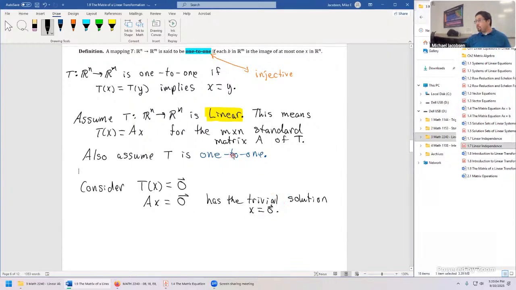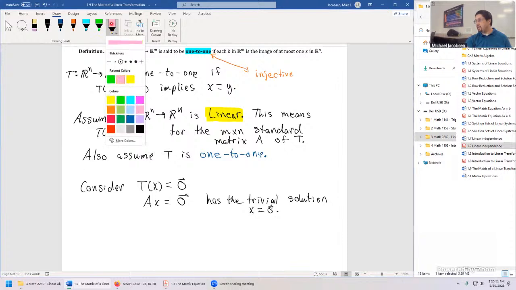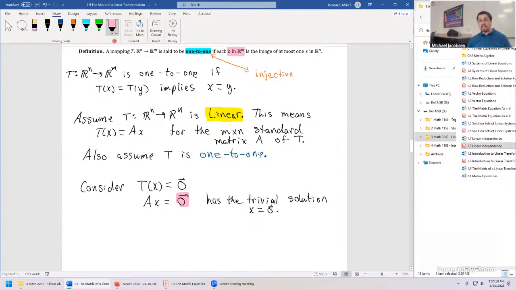But if we say it's 1-to-1, then this vector right here, that's just a vector b in the codomain space, is the image of at most one x. Well, we just found that x. 1-to-1 says there's no other ones to find, so it has the trivial solution, and